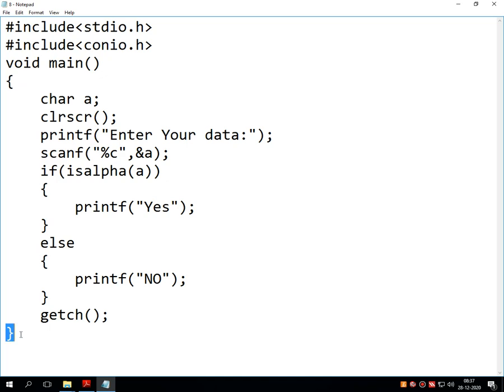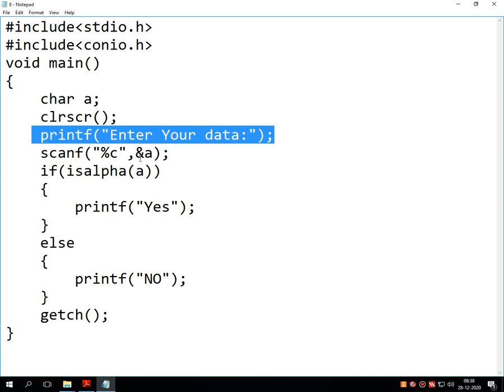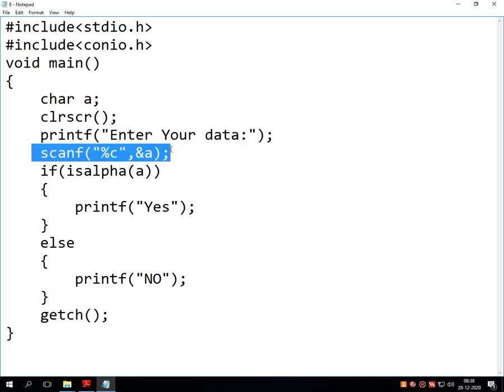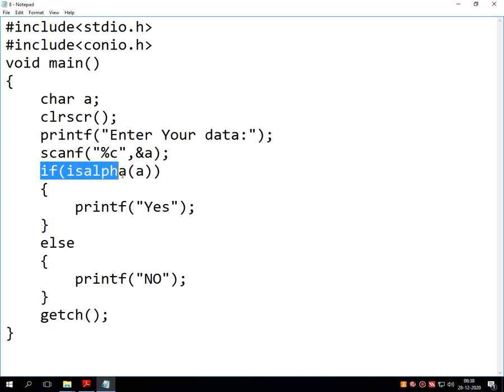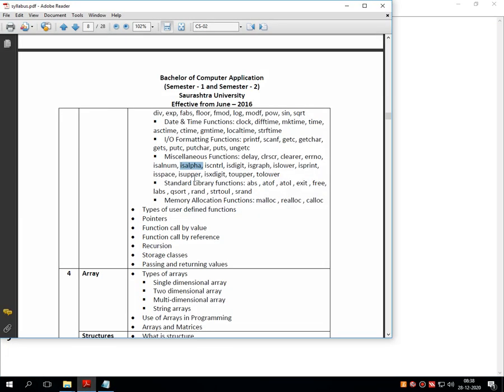Inside the brackets, I have declared one variable as a character, and after clrscr there is a label called enter your data. This scanf statement will read that data, and it is checked by the function called isalpha. If this condition is true, it returns yes, and if it is not true, that means the entered data is not alphabetic, then it returns no onto the screen. So this is very simple code that we can use for isalnum as well as for isalpha.